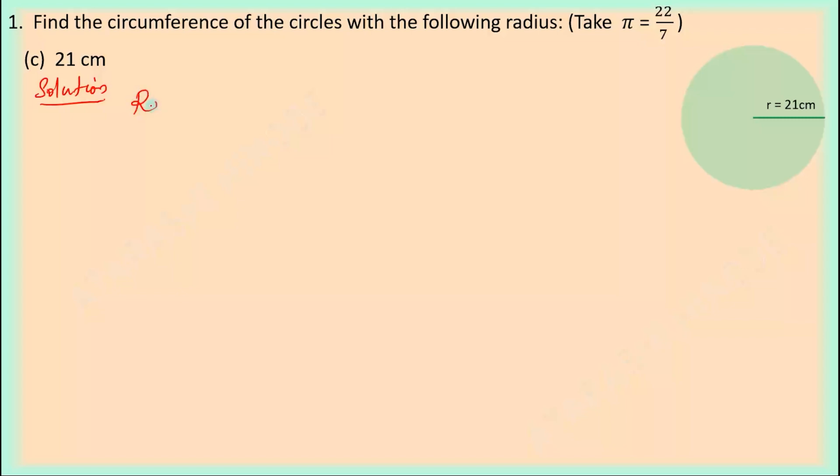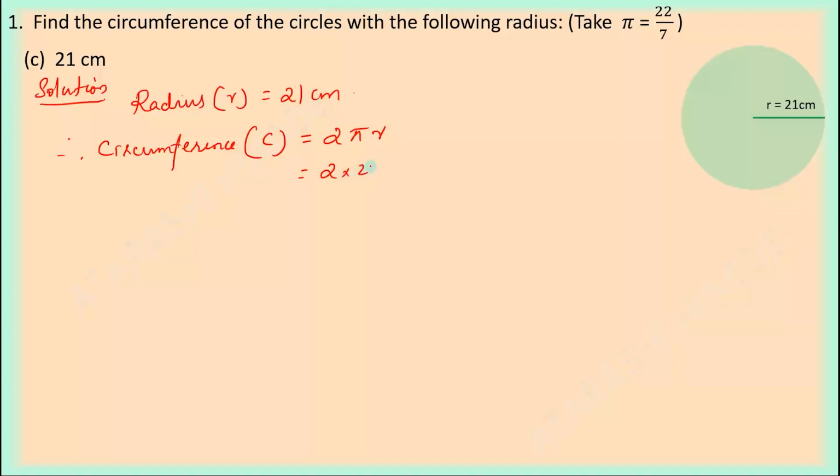Here radius is 21 centimeter. Therefore, circumference equal to 2 pi r, that is equal to 2 into 22 by 7 into r is 21 centimeter. Here you can see 7 and 21. You can get this in the table of 7. So we can cancel this by 7. So here we get 3. That is equal to 2 into 22 into 3